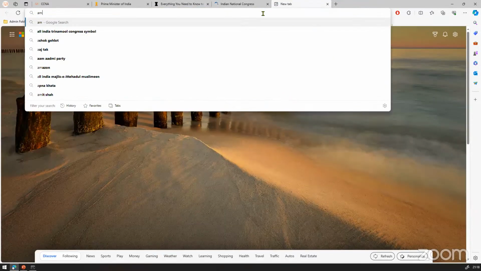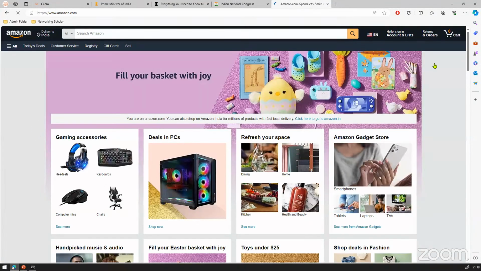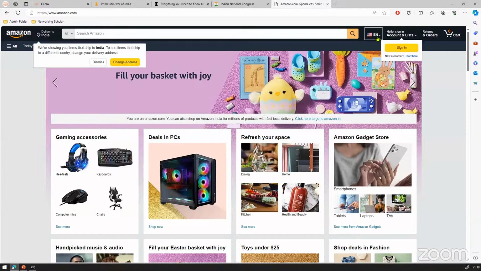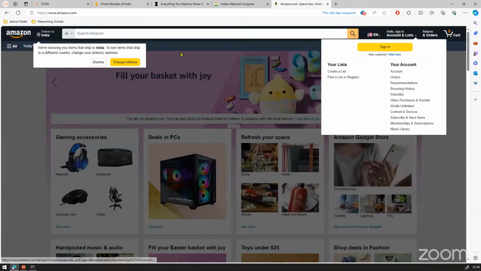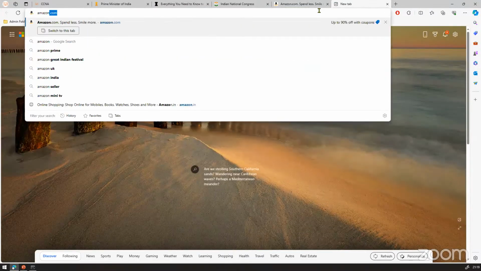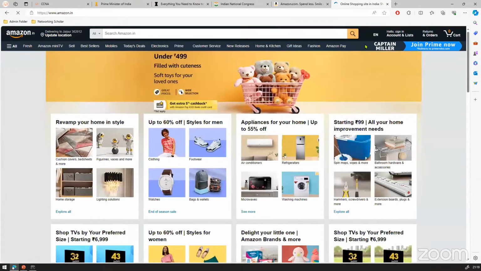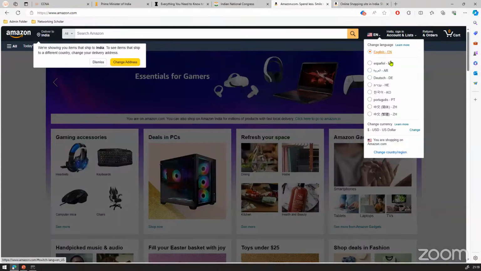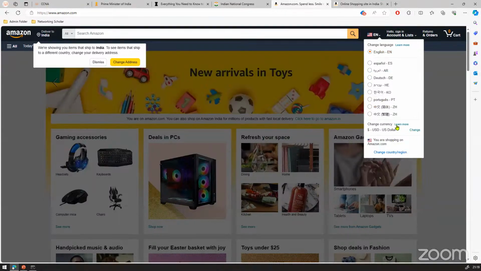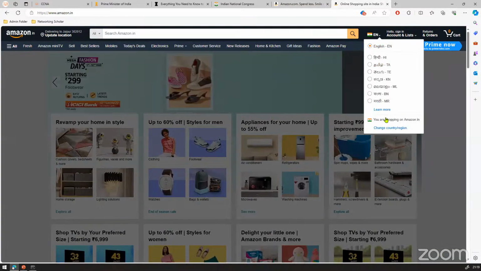amazon.com खोल रहा हूँ मैं, ठीक है। ये क्या दिखा रहा है हमें, यहाँ पे देखो, आपको क्या दिख रहा है, इंग्लिश, ठीक है। एक चीज और चलते हैं, amazon.in। अब यहाँ पे क्या आ रहा है, इंग्लिश इन इंडिया, इंडिया का लोगो है। ऑटोमेटिक क्या आ रहा है यहाँ पे, यूएस, ठीक है। तो यहाँ पे क्या दिखा रहा है आपका, चेंज करेंसी इन डॉलर। जस्ट आपको पहले समझा रहा हूँ, वैसे मैं अमेजन नहीं बता रहा हूँ। और यहाँ पे हम ऑलरेडी इंडिया में है,